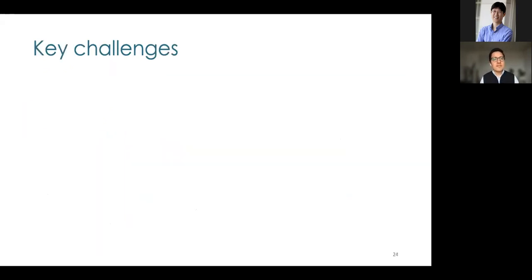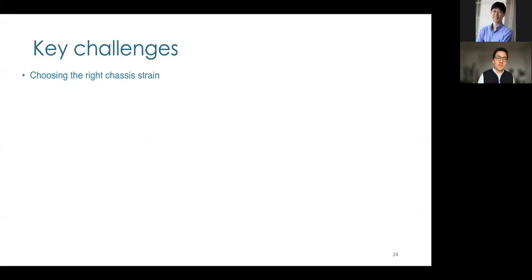So we have identified some key challenges to develop these microbiome therapeutics. One of them is to choose the right chassis strain. As Chris mentioned in the beginning of the presentation, we have been focusing mainly on model organisms like E. coli or Saccharomyces cerevisiae, but there are thousands, or actually millions, of other species that have the potential to have a therapeutic effect in the human body.